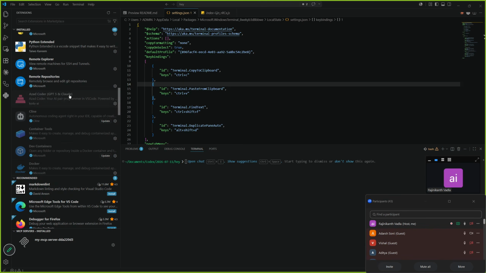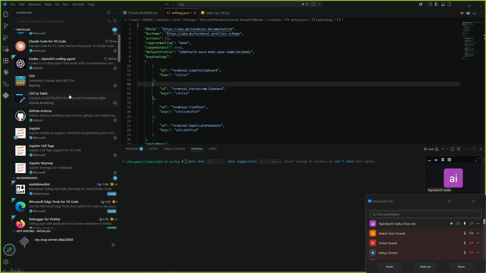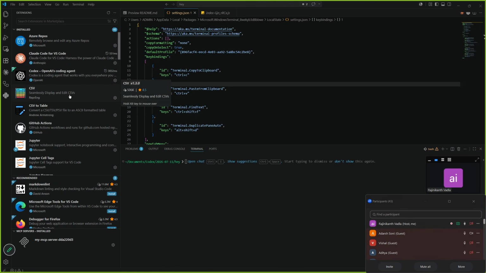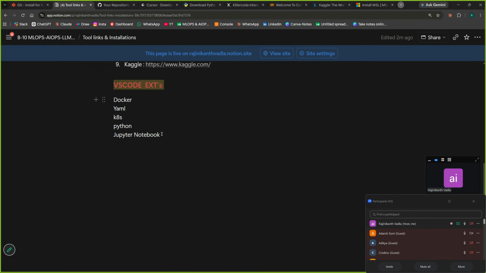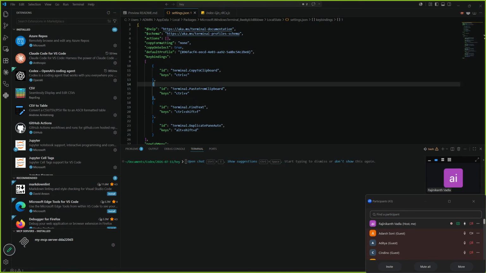Okay. So these are the mandatory extensions that we need to install: YAML, Python, Jupyter, and Docker and Kubernetes. Once we have installed them, I need to see in VS Code here, you can see, sir, this option.